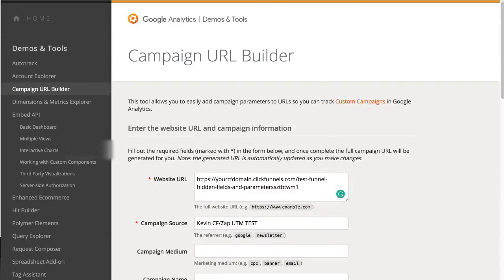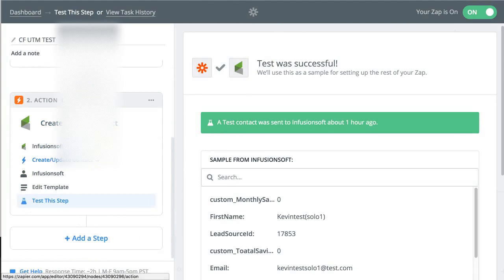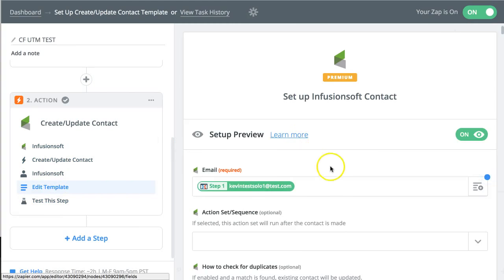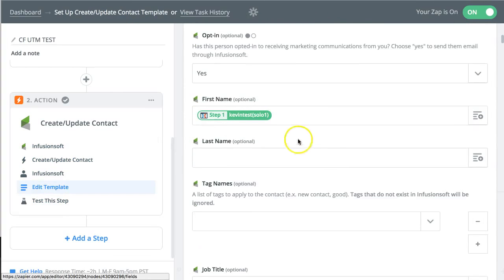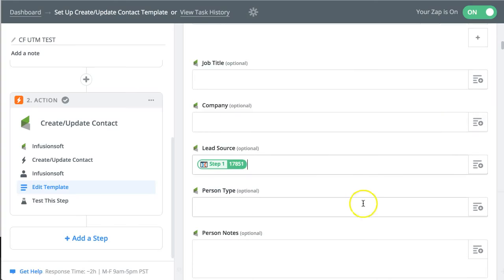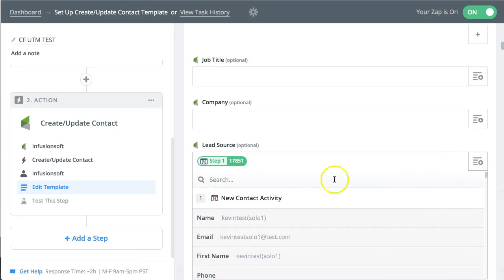Then let's go over to ClickFunnels and see what's happening in here. Up here, it's pretty simple: in Zapier, you just connect that ClickFunnels form. And then for the Infusionsoft side, this part is a little bit more tricky. On the lead source here, you can see the first test I did, I actually tried with the ID and that didn't work. But ultimately what you're going to do is just come in here,